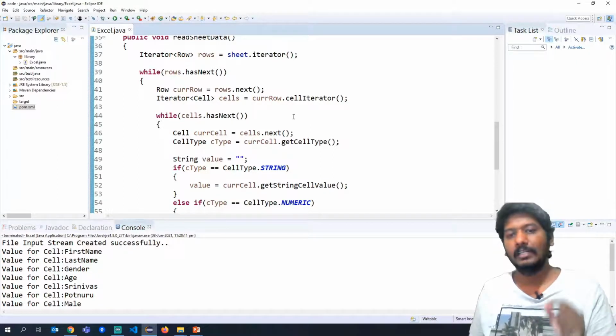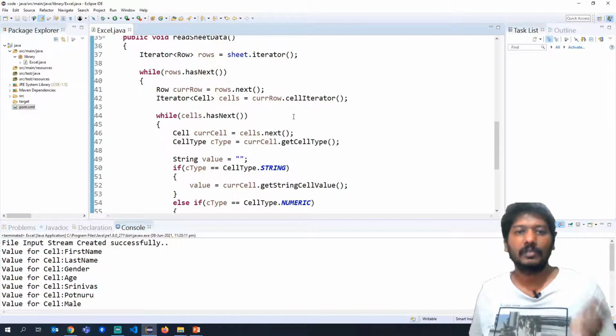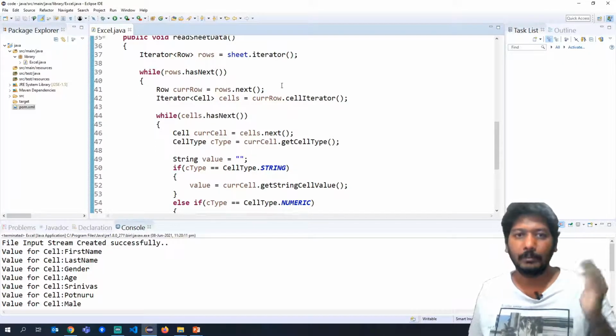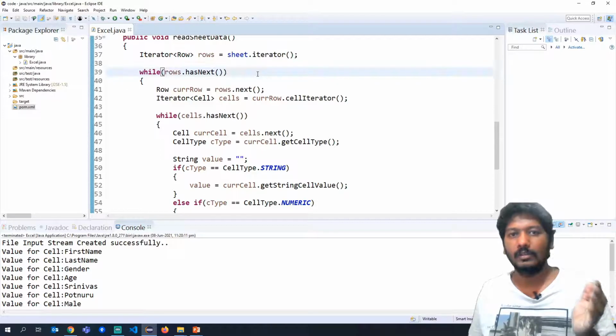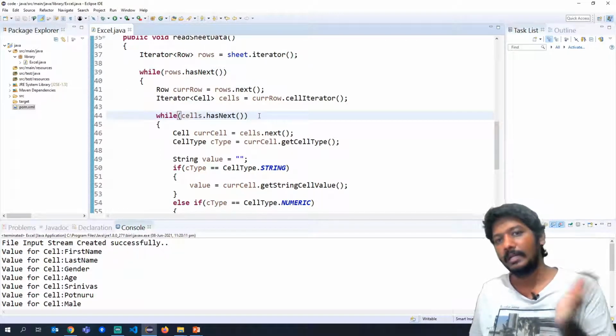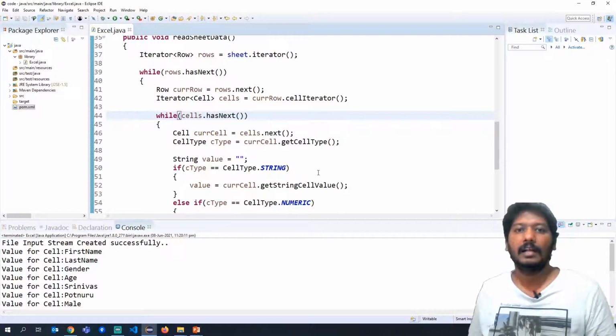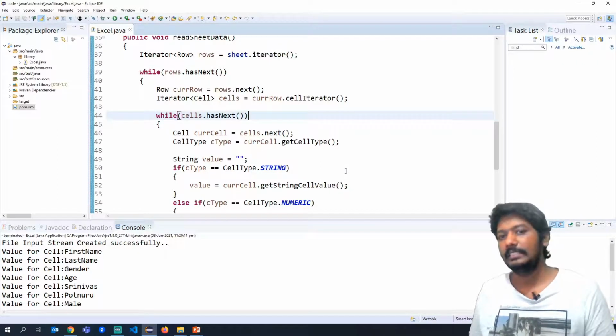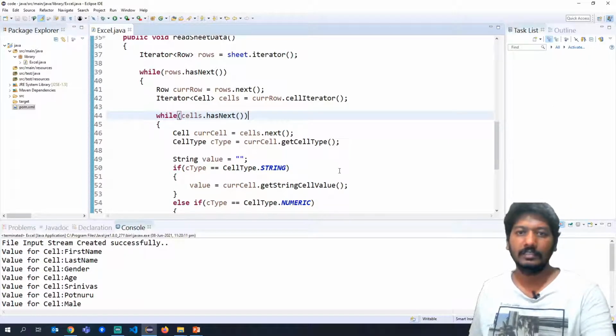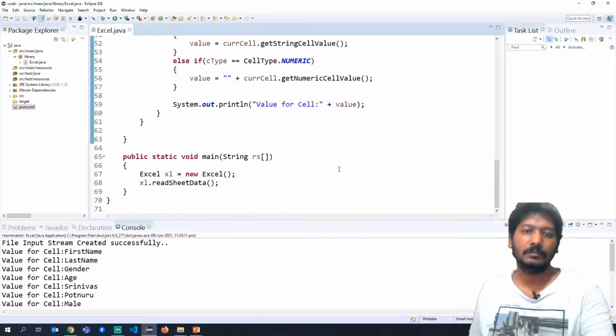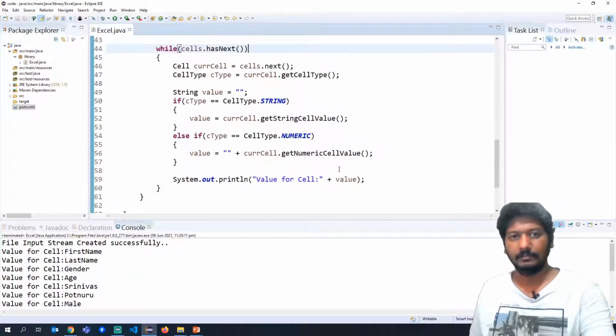But you are having individual cells in each row, which means it is inside. So you have to write a while loop inside a while loop. The upper while loop will be iterating on rows. The inner while loop will be iterating on cells of that particular row. Okay, and we also saw that we have to first get the cell type, and then based on that you will call a method to get the value. Okay, so this is how you will read the data from Excel file.